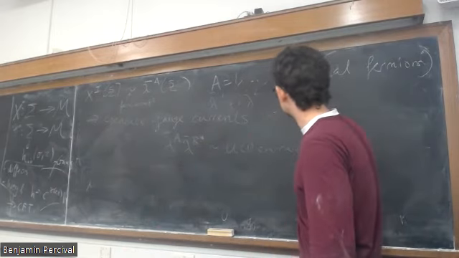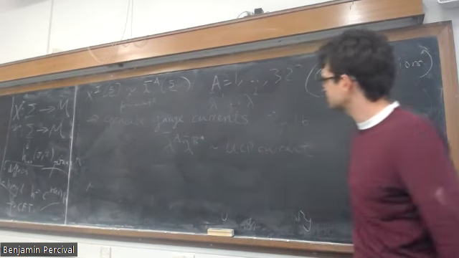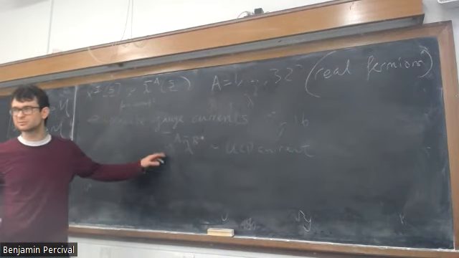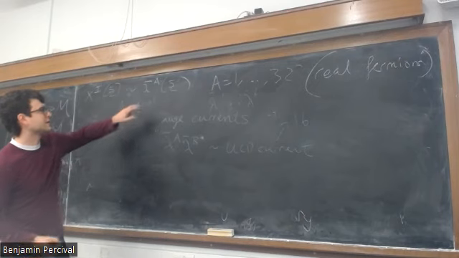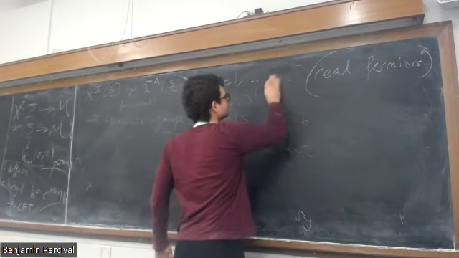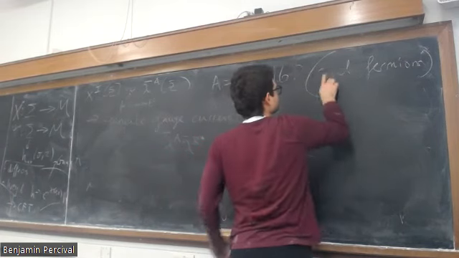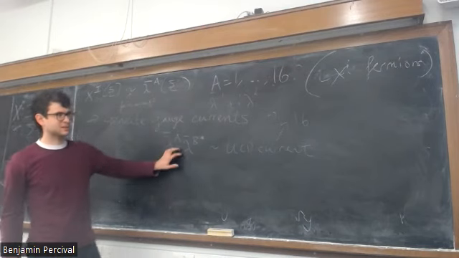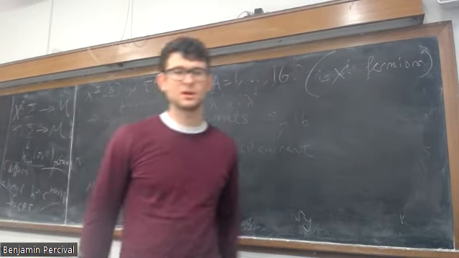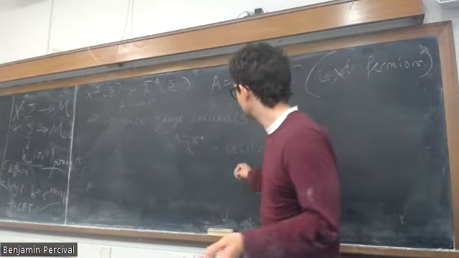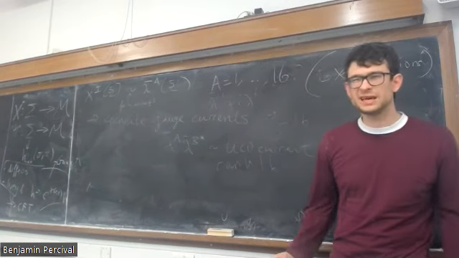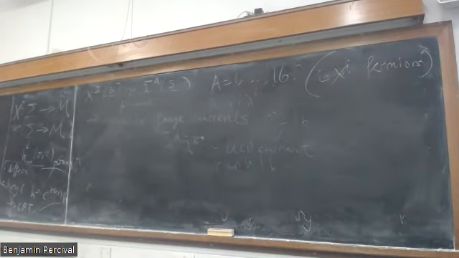And there's going to be 16 of these. So let's say A runs to 16, and these are complex fermions. Then something like this gives rise to the U1 current, and there's going to be 16 of them. So we could imagine we're going to get a rank 16 gauge group. Not rigorously explained, but